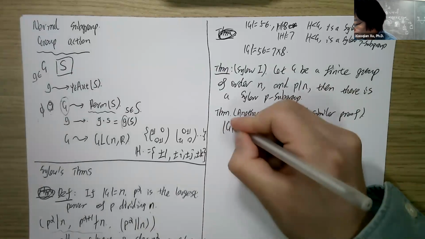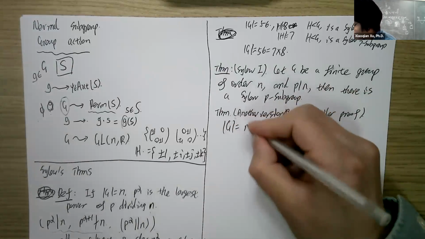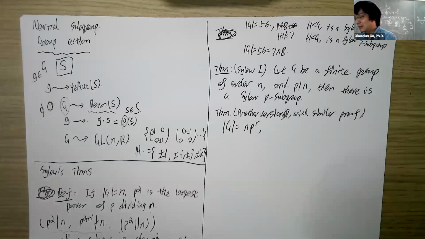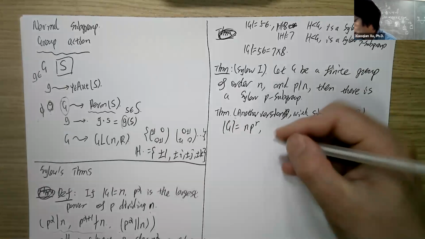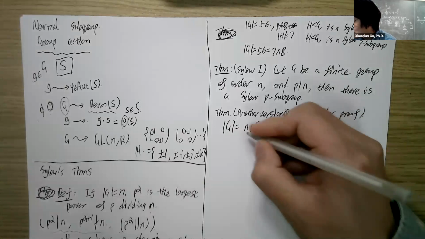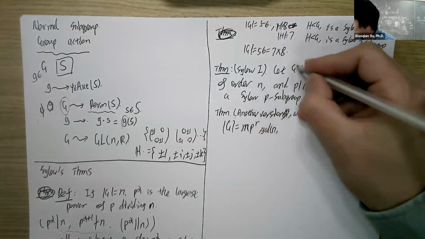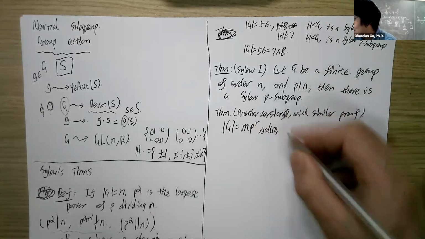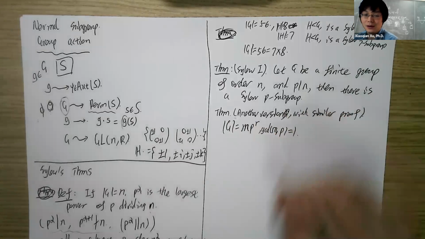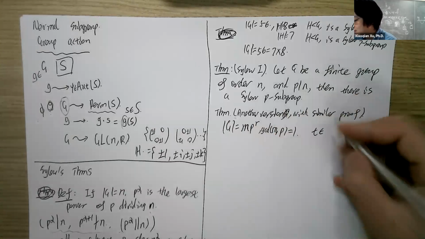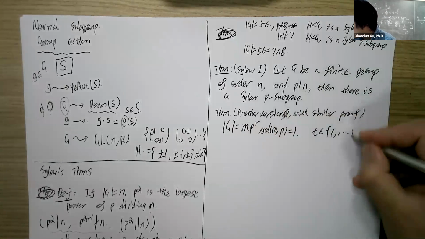Now let's suppose the order of G is n = P to the power R times M, which means P to the power R is the largest power of P that can divide the order of G. Let's say M is the remaining factor, to make it less confusing, with GCD of M and P equal to 1. Then for all the integers from 1 to R,